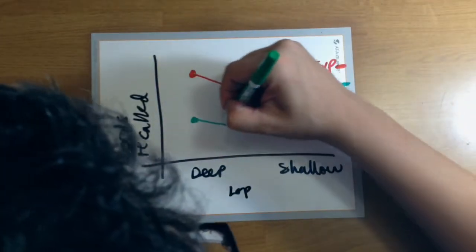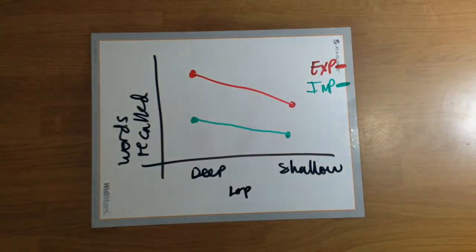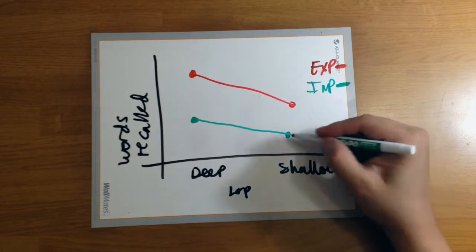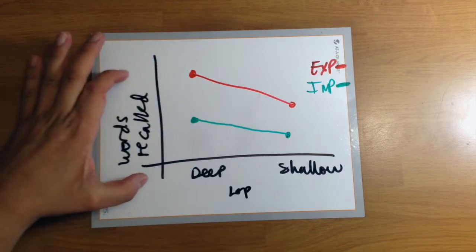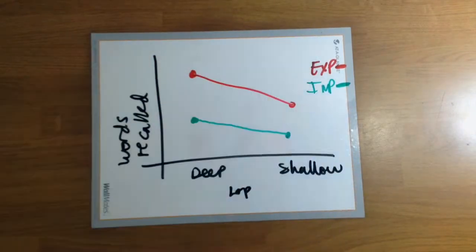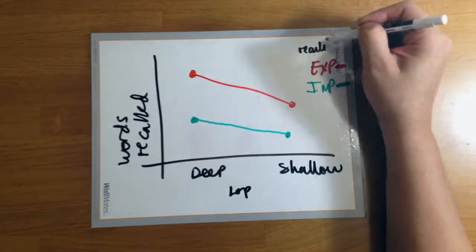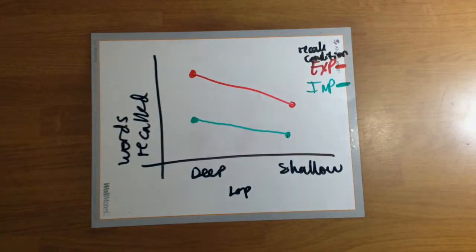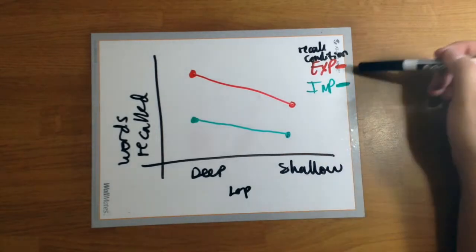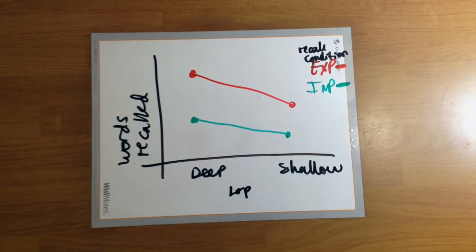As you can see, this is more or less what we expect our results to look like once we graph them. I will let you know about the results next class, but this is more or less what we expect to happen if we were to actually graph the amount of words recalled by LOP depending on recall condition. Let's put this here. Recall condition or memory task goes up here. Explicit versus implicit, deep or shallow.